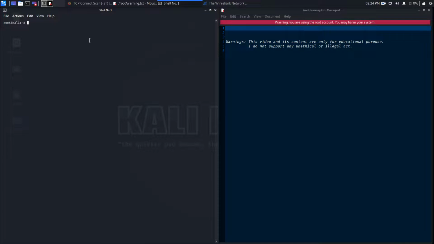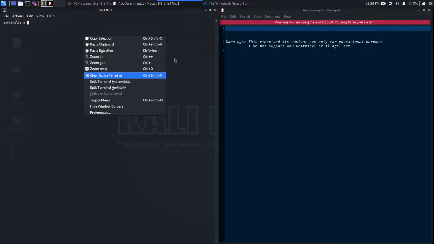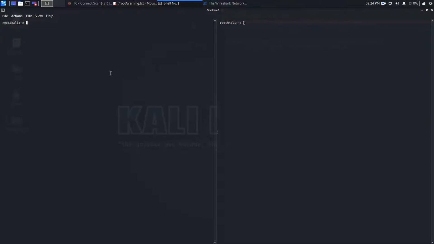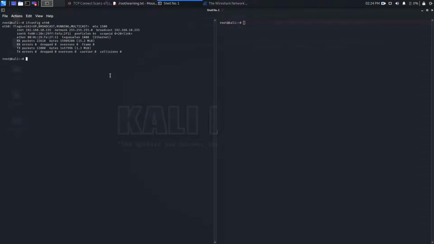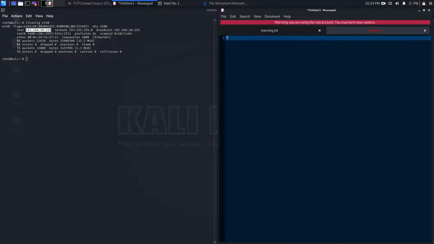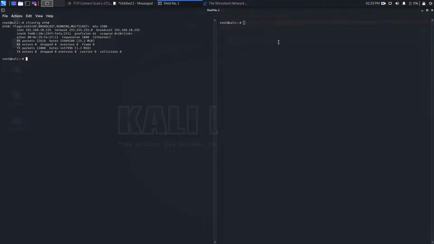So my IP here is, I'll make it big. Okay, if I go and check my IP, on eth0, my IP is this. I'm going to copy this IP and paste it here as the tester IP. Then the target IP. We don't know the target IP up to now, so I'm going to find out the target IP.